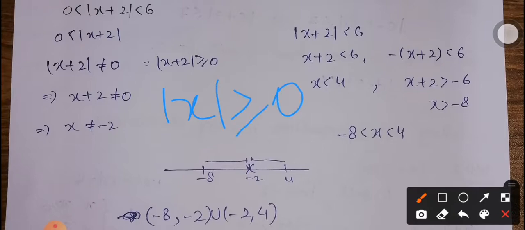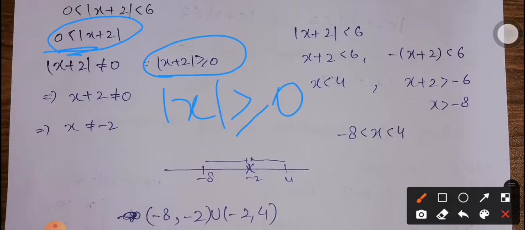So absolute value of x is greater than or equal to 0 means absolute value of x plus 2 will also be greater than or equal to 0. So this is showing that |x + 2| is greater than 0, but it is not equal to 0 right here. So whenever we are having the sign of inequality, or whenever we are having inequality with the 0